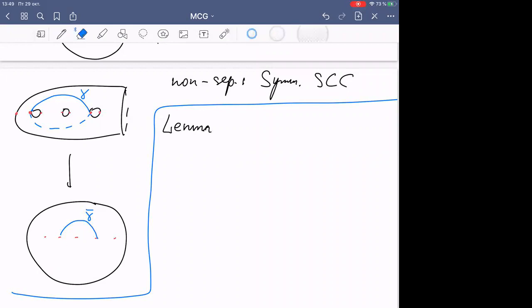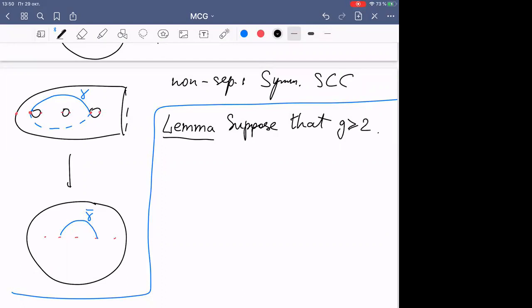So our main goal is to prove that symmetric homeomorphisms are isotopic whenever they are symmetric, asymmetrically isotopic whenever they are isotopic. First, let us prove this for simple closed curves. So the lemma is, suppose that genus is at least 2. Then